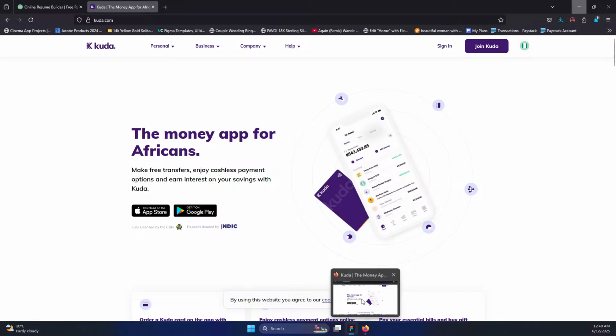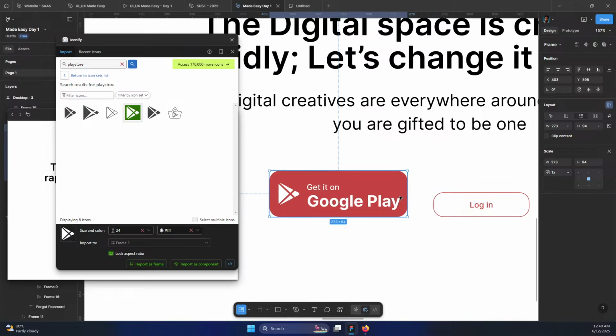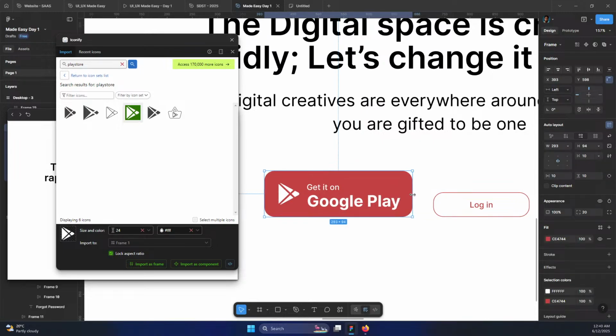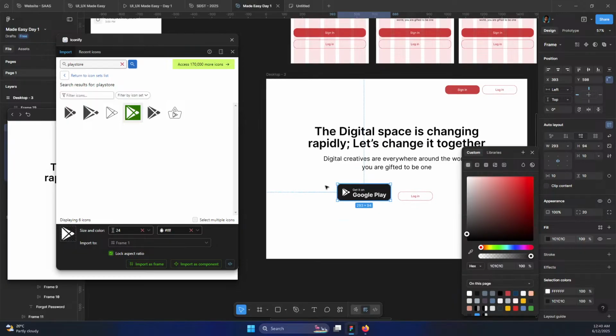You can actually get the icon too. If you don't get the icon on Iconify, you can come on Google and then you get this exact icon you're looking for. Have it on Google, and then you just extend the edges a bit. Okay, so we have it right here. Then you just put it to black. Okay, so we have this, and then next one will be your